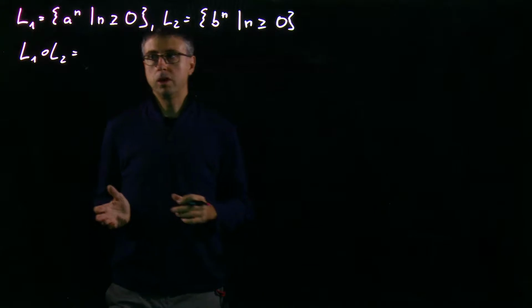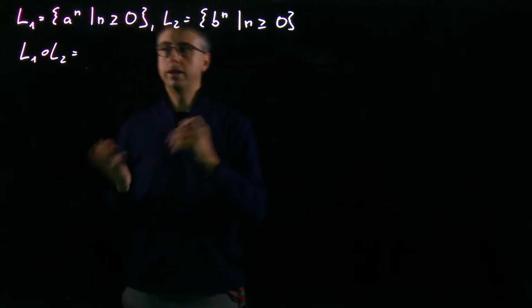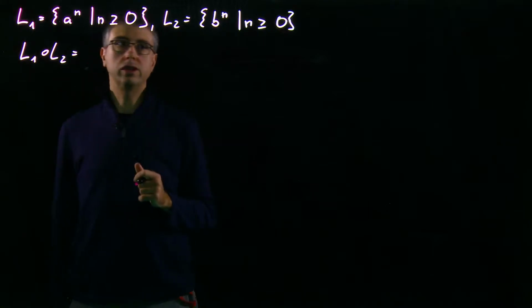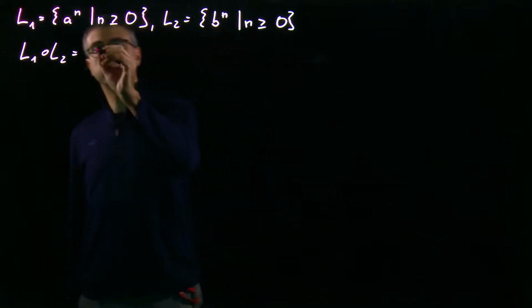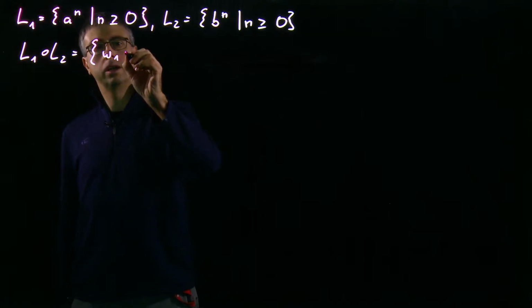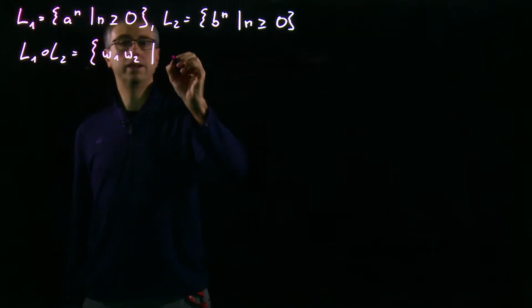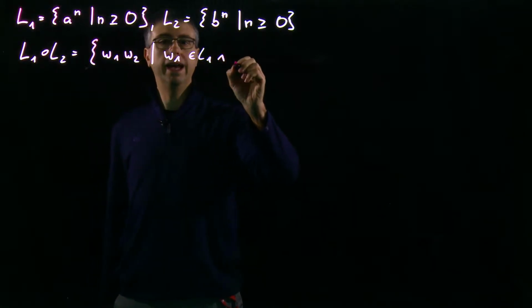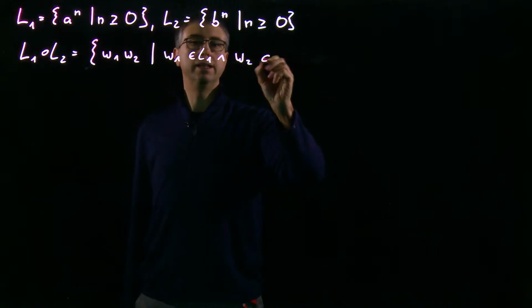And the set of words that can be combined like that, that's the concatenation of the two languages. So in this example, the concatenation of L1 and L2 is the set of words W1 W2, such that W1 is in L1 and W2 is in L2,